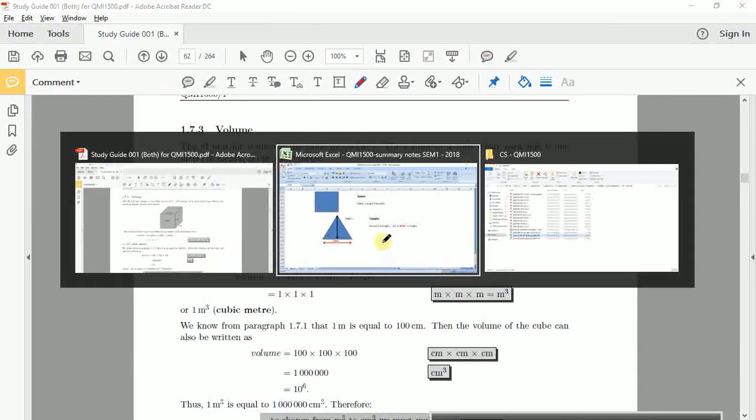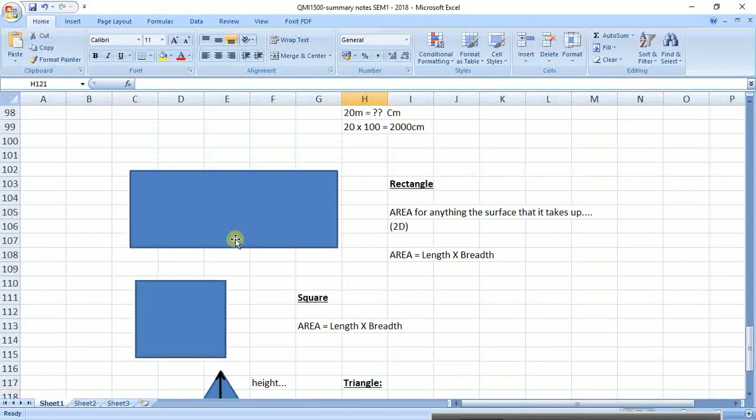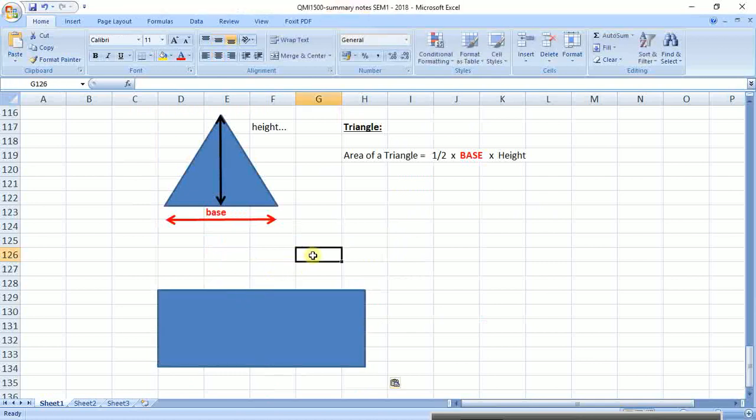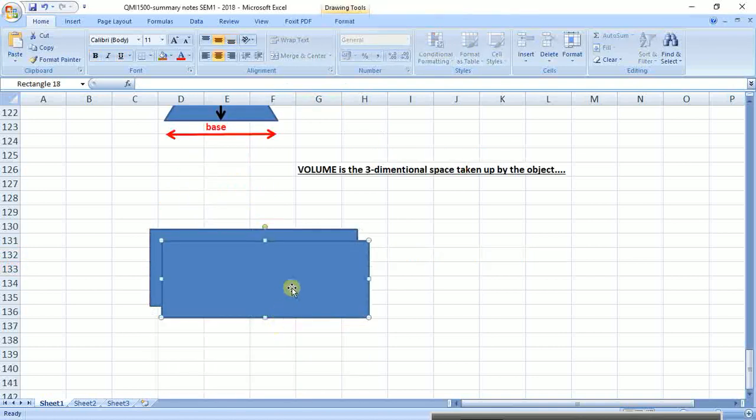Right. So see, volume brings in the third dimension. Okay, so let's take this. Let's take that one actually. Okay, so volume is the three-dimensional space taken up by the object. Okay, so that's the three-dimensional space. So, for example, if I had that,